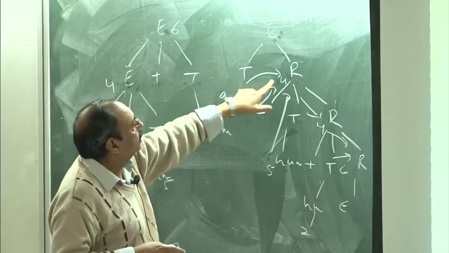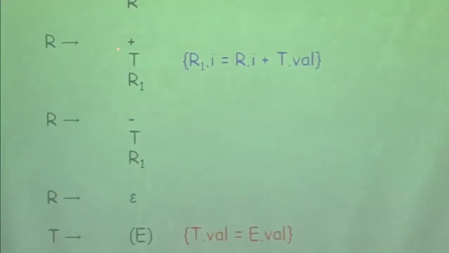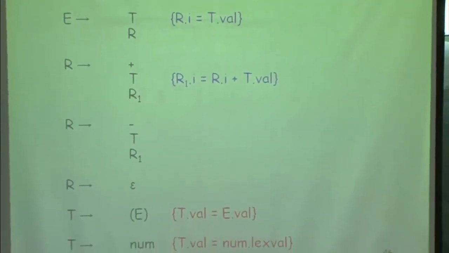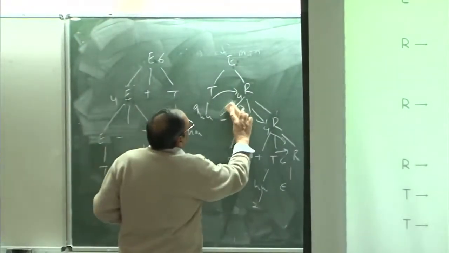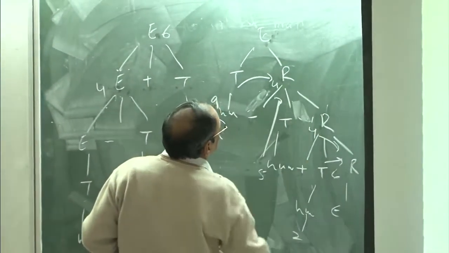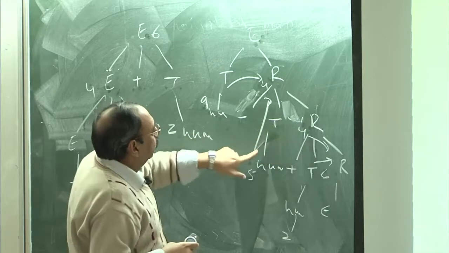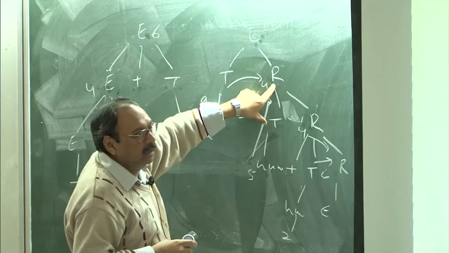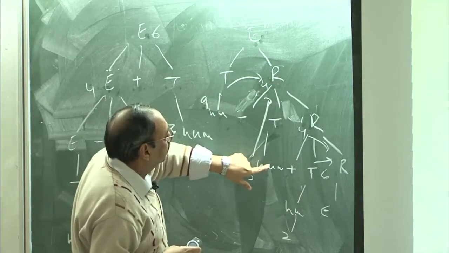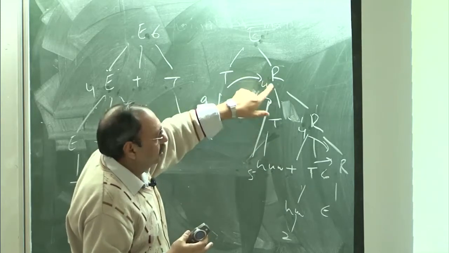So, this value gets copied from the left subtree to the right subtree, okay. And then at this node, when R goes to plus T R, then corresponding to this R, I am now computing an attribute which is in terms of this, this and this. Now, you can see that if I want to compute a value here, okay, how do I compute this value? I am looking at the operator in the left sibling, and I am looking at a value of the parent and using this information. So, basically my left siblings here are this number, this operator and this value. This is all coming from my L attributed definitions. I can compute this value.